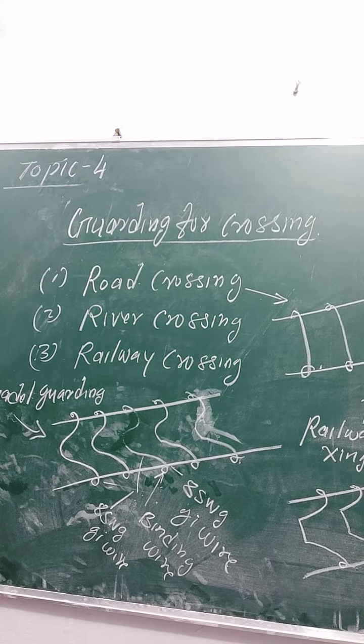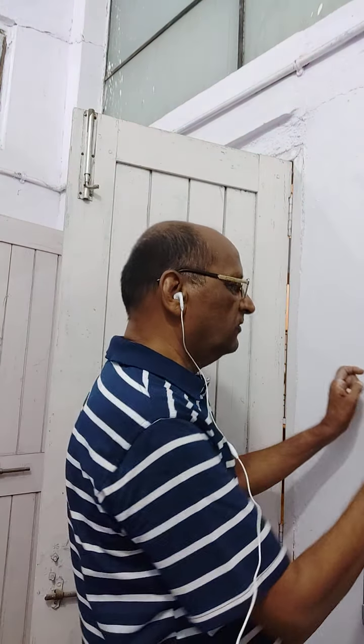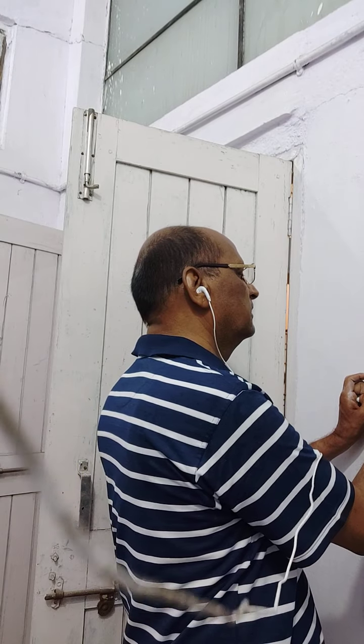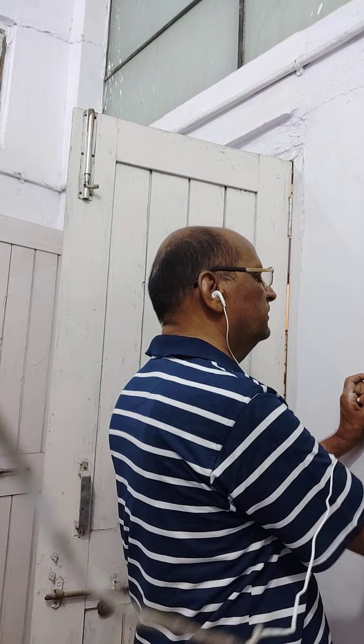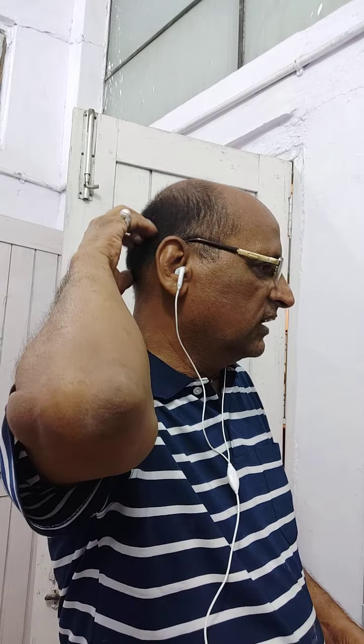So these guardings are supported on both ends of the pole with the help of a horizontal angle iron, and these wires are fixed on that, and then this central wire can be attached to them. This guarding is also called 4GSL guarding. This is the technical name of this 4GSL guarding. GSL is the galvanized material used for the length, so they are called 4GSL guarding.